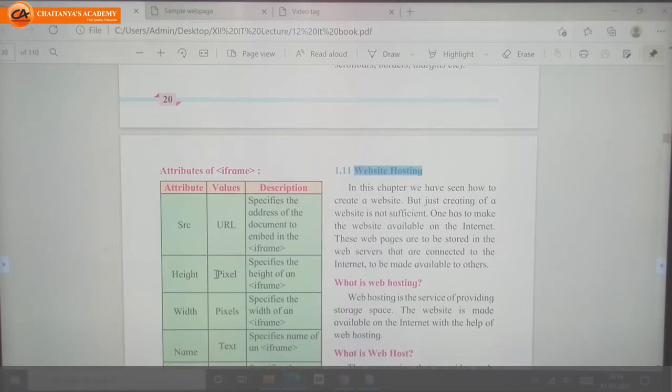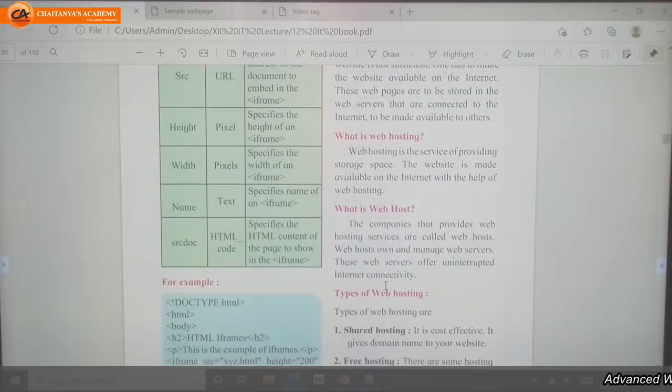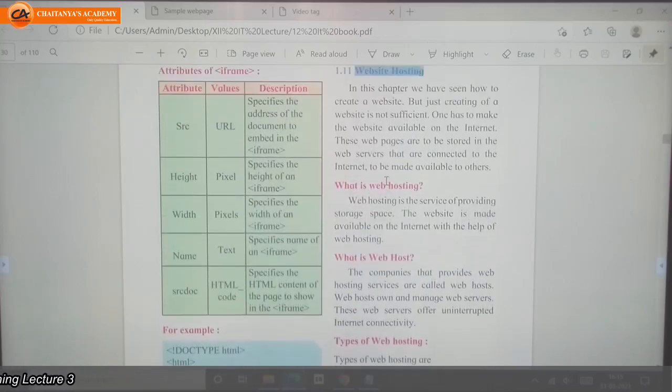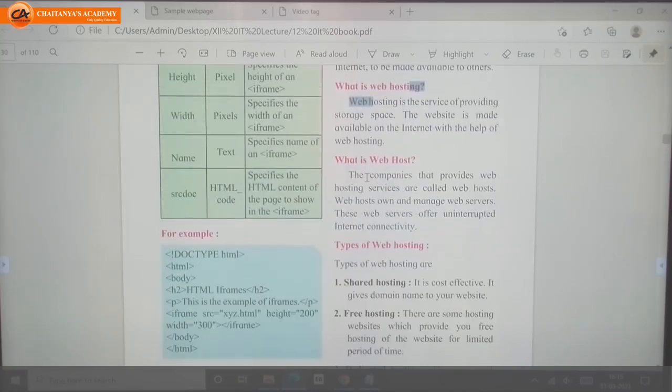So online everybody can see, right? Otherwise only we can see, no one else can. So to see our web page, our website, online, we need some space. The service which provides that storage space, that means web hosting. And who is the web host? The company who provides that space, that is the web host.